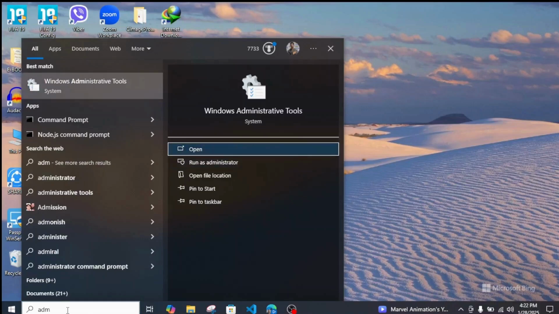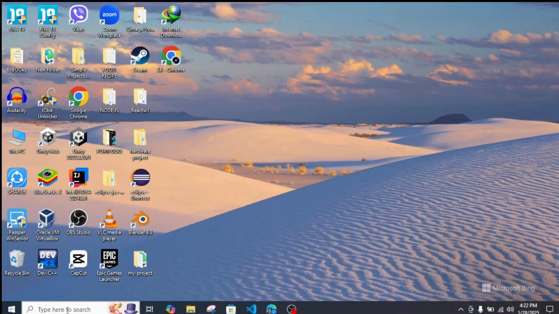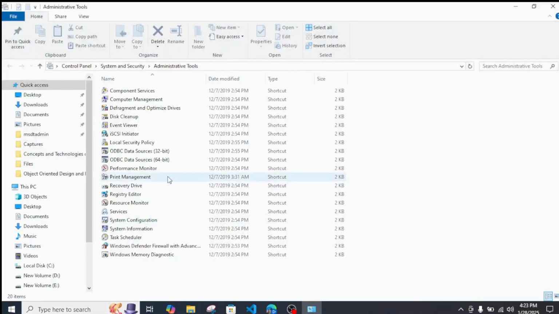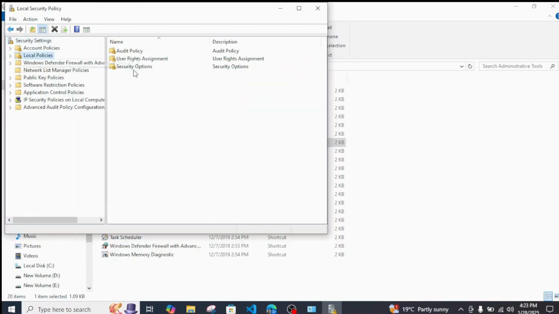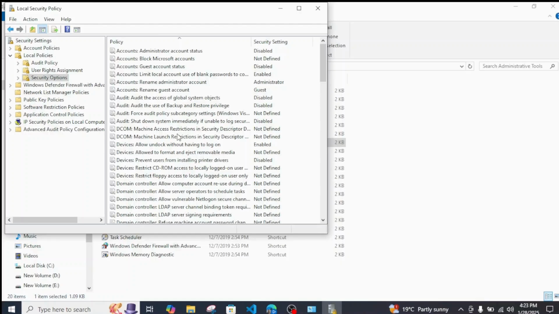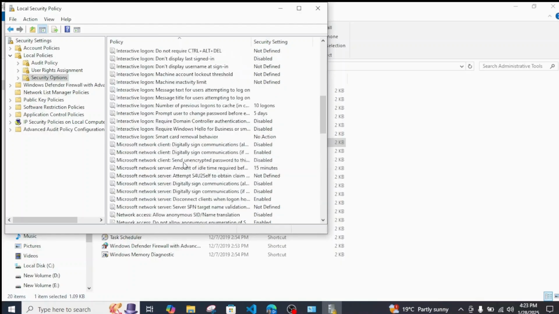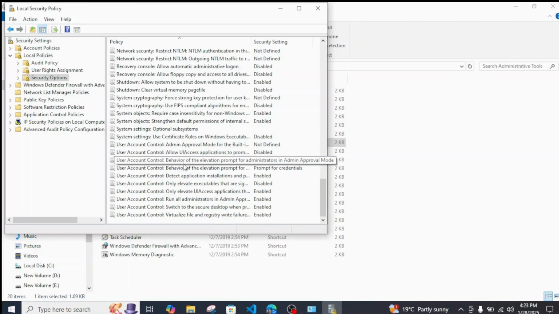So once you see that, simply click on open and wait for some time, and once you're inside here just click on local security policy. So when you click on it you will be seeing this screen, and simply head over to local policies and then security options. So once you click on security options, when you're inside here scroll all the way down until